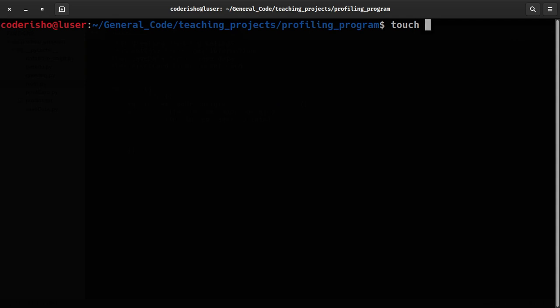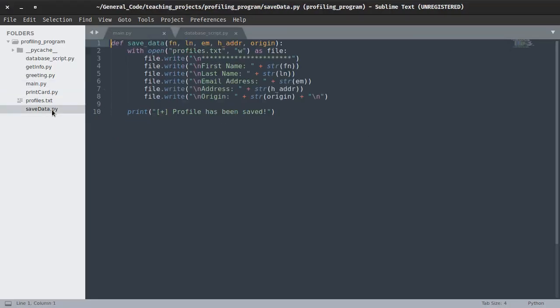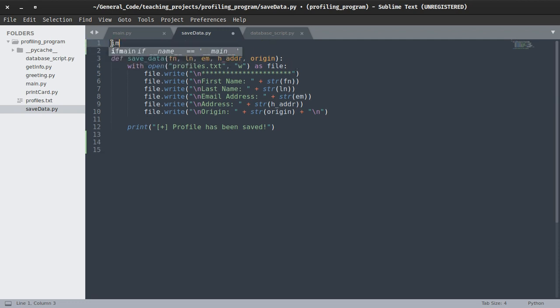So let's create a script, or let's create database 2, for example, because we have actually created another database file. So let's do that. Okay, let's just move to the save data file that we have created, and let's create another function. So first of all, let's import the